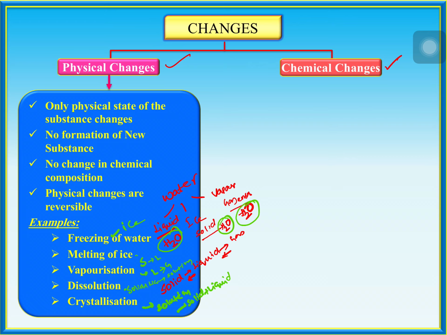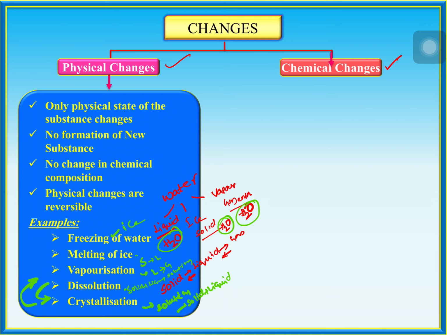I will give you a famous example. When you are making the gulab jamun recipe, you prepare sugar syrup. If you take that sugar syrup and keep it for a long time without any disturbance, the crystals of sugar are going to be finely separated from that solution. That fine separation of crystals from the solution is called crystallization. So dissolution and crystallization are opposite to each other. Like that, these are physical changes.